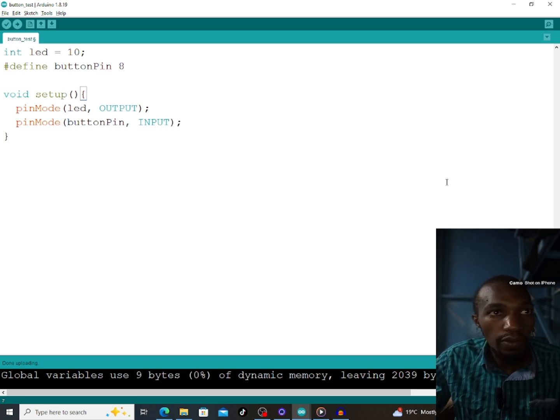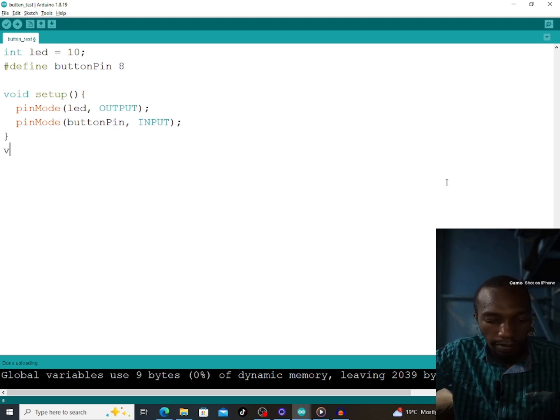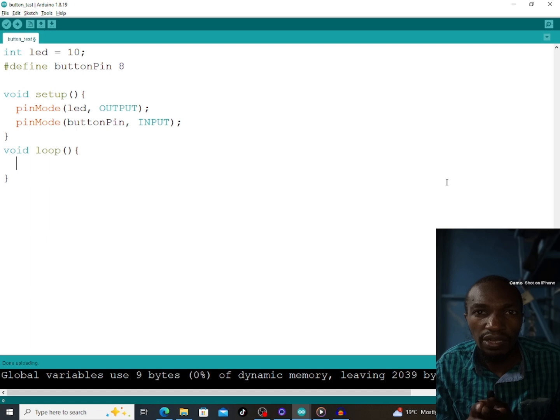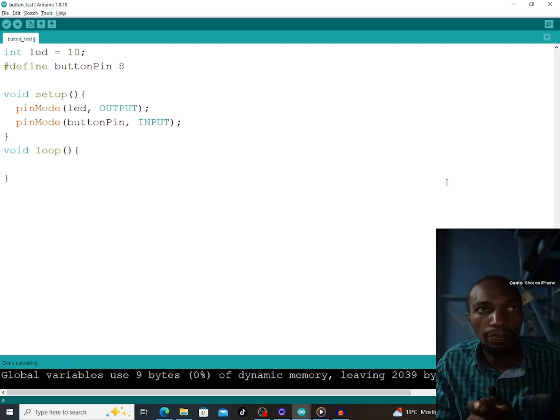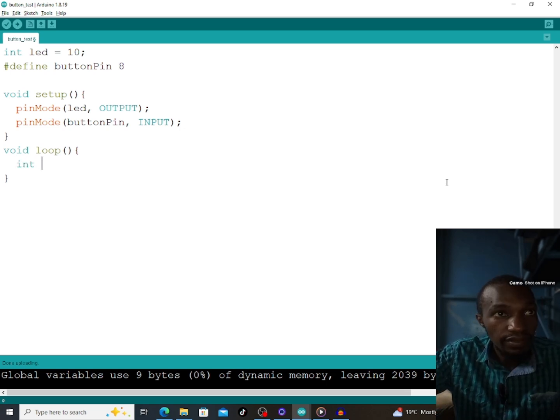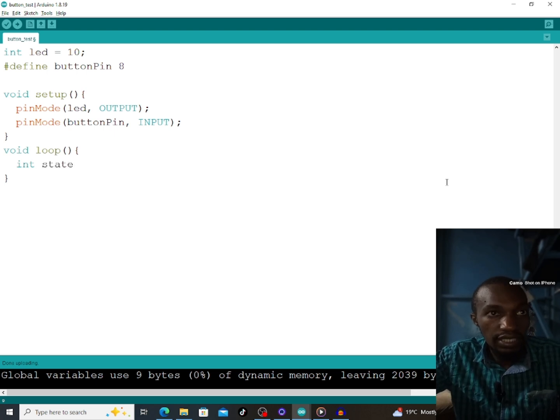Then from here, we're going to void loop, whereby any code we put in void loop usually runs forever. So number one, we need to declare a variable whereby we are going to store the state of the input pin, which is the button pin number 8. You can use boolean or int. I'm going to say int state equals to digital